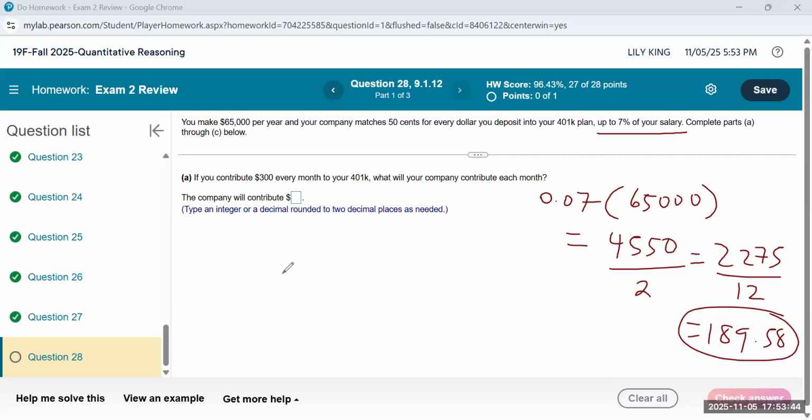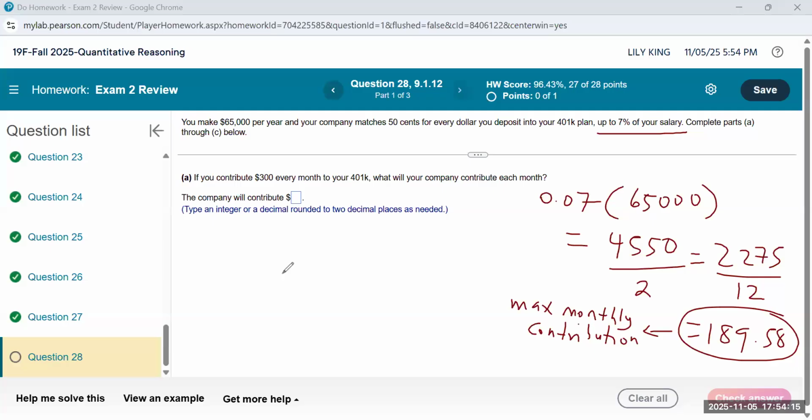So this is the maximum monthly contribution, that is the limit, the maximum monthly contribution